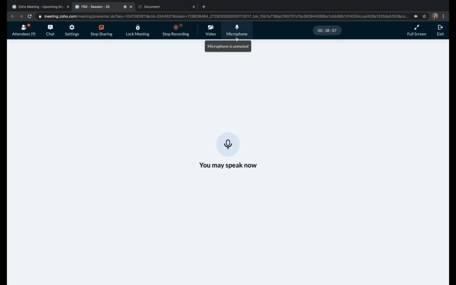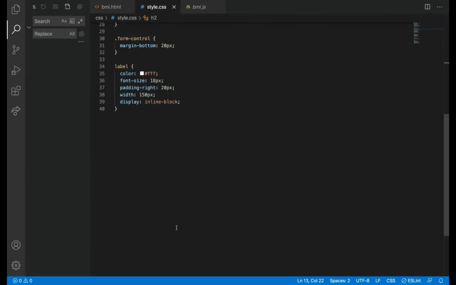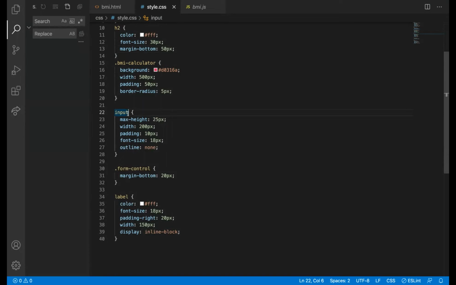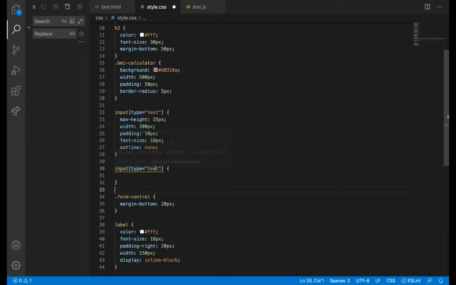Sorry, I'm back. So what we are going to do is style this. So type equal to submit. Okay, for now we can add this type because we are having another style, so we will do type equal to text. Type equal to submit is the button we are going to use, or else we can add a class also there.